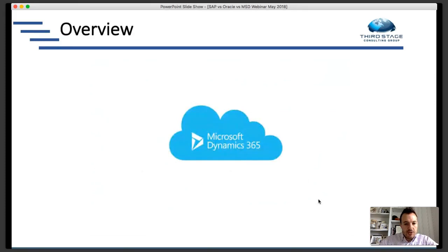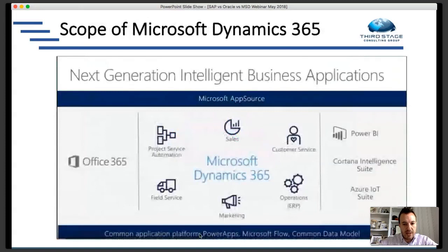So then we'll move into Microsoft Dynamics 365, and one of the interesting things here is that a lot of people like the look and feel of it simply because it looks like Microsoft Windows, and from a user and employee adoption perspective, Dynamics 365 can be easier to learn, especially in the short term.